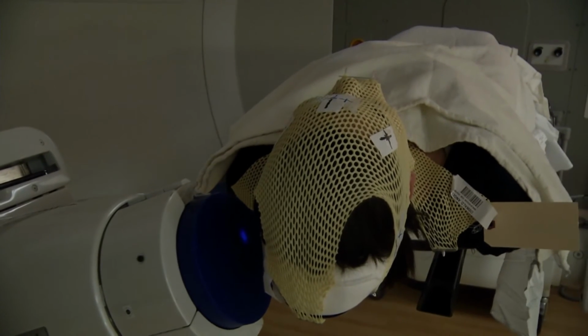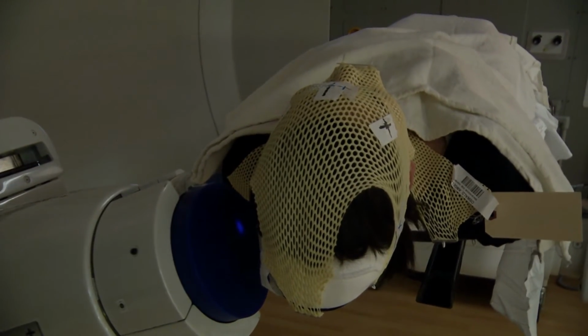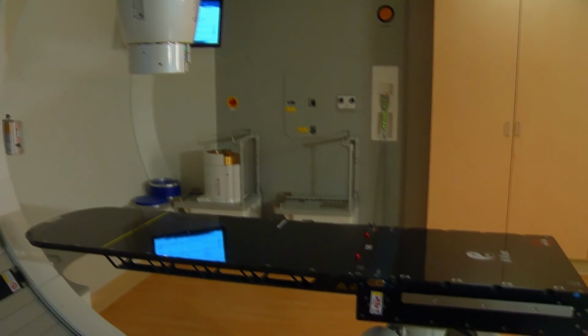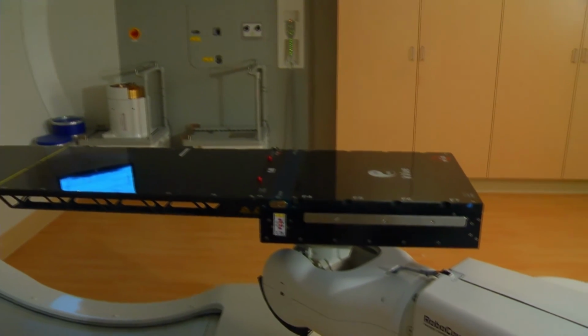If we had used conventional radiation, the amount of brain that would have been treated would have been extremely large. And that would have had effects for the rest of her life. It would have increased the risk of stroke, increased the risk of vision loss, it would have increased the risk also of neurocognitive change. So using protons, we're able to limit the dose extremely well to just the areas we